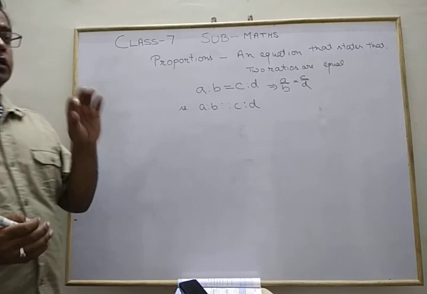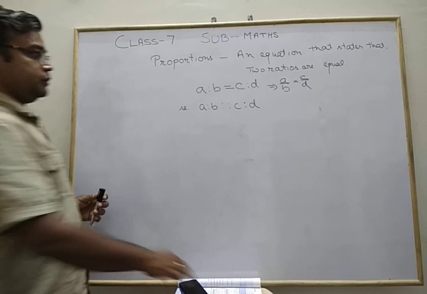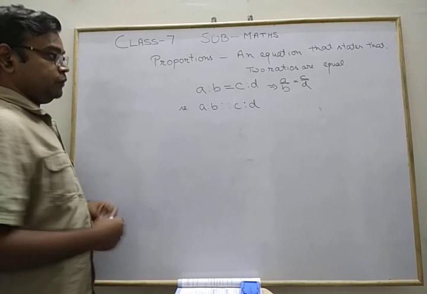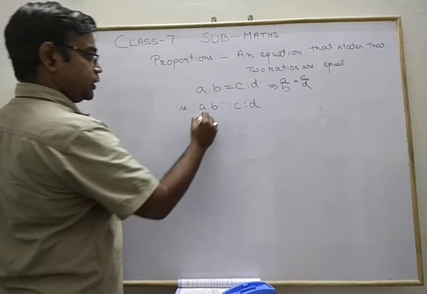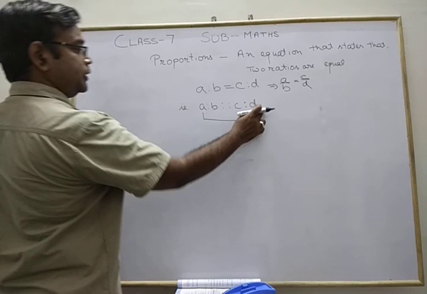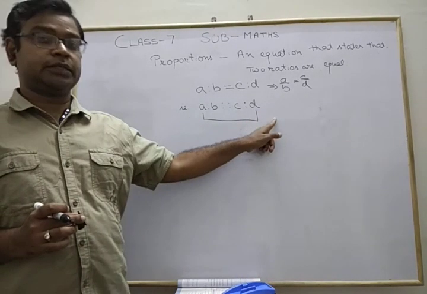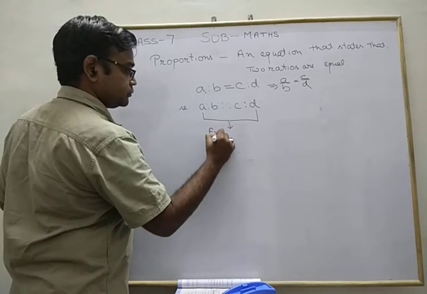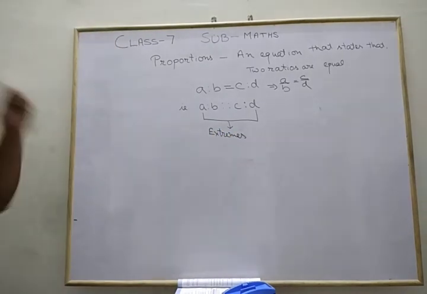We are going to discuss some terms regarding proportion and then we solve the question. So, what are the terms? As we are observing, in this one we have two terms, A and B. Both are at the extreme end, that is the first left extreme end and the right extreme end. So these are known as your extremes.